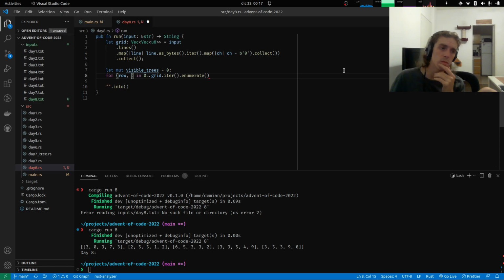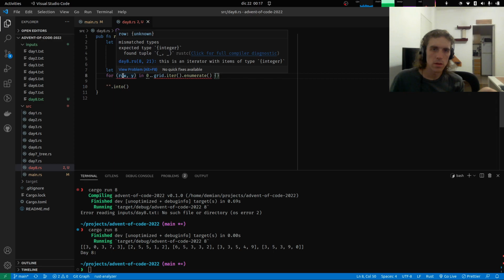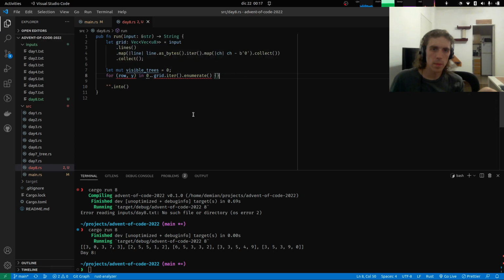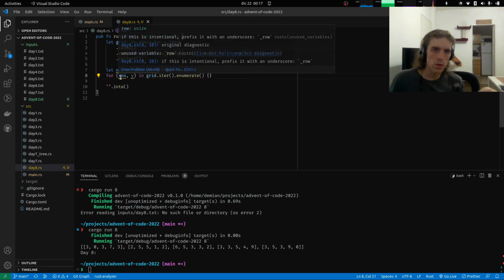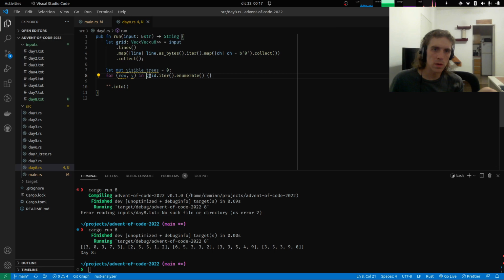Do I have the correct things? What is the row here? Oh no, this is not. Yes, in this iterator, row is... no, it's actually the other way around. So first comes the coordinates or the index, and then the inner row, and then we're going to do the